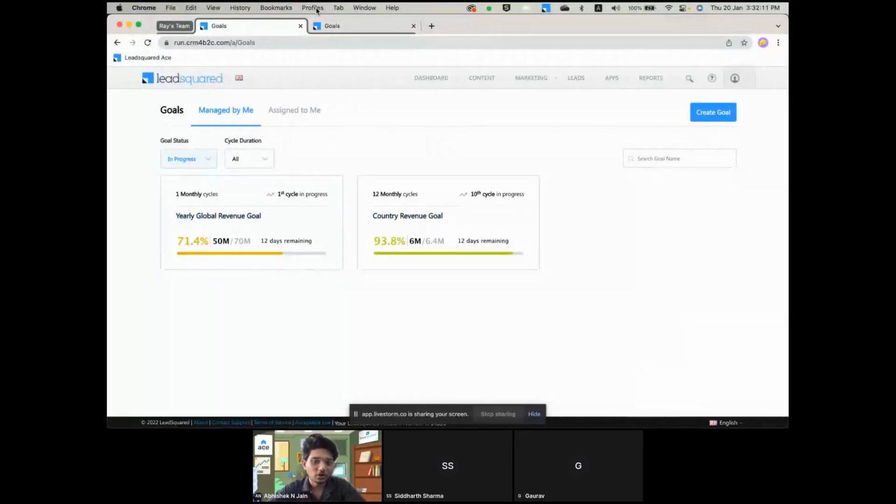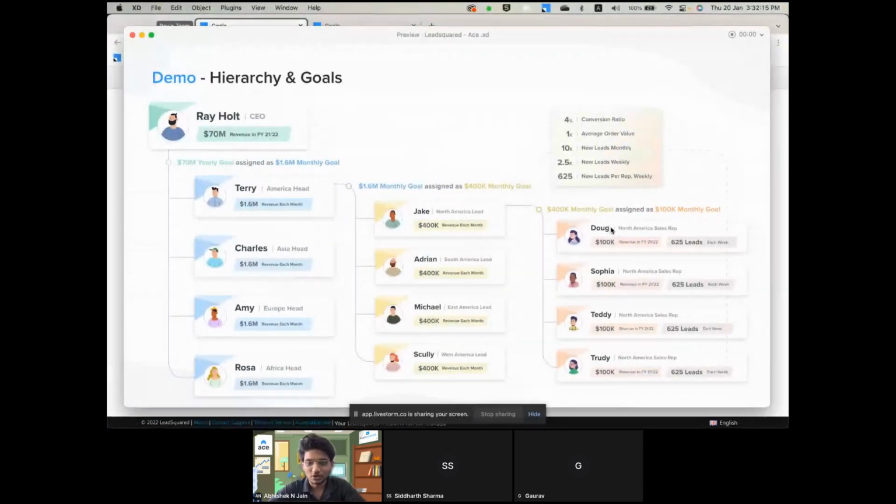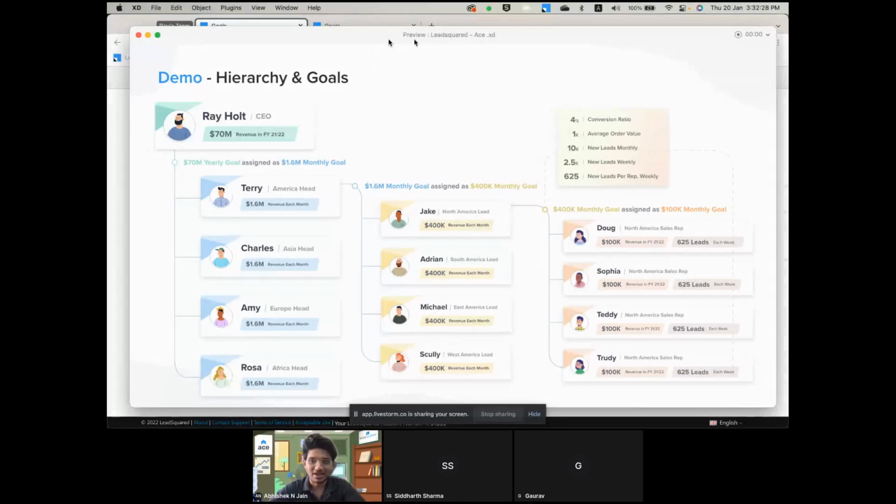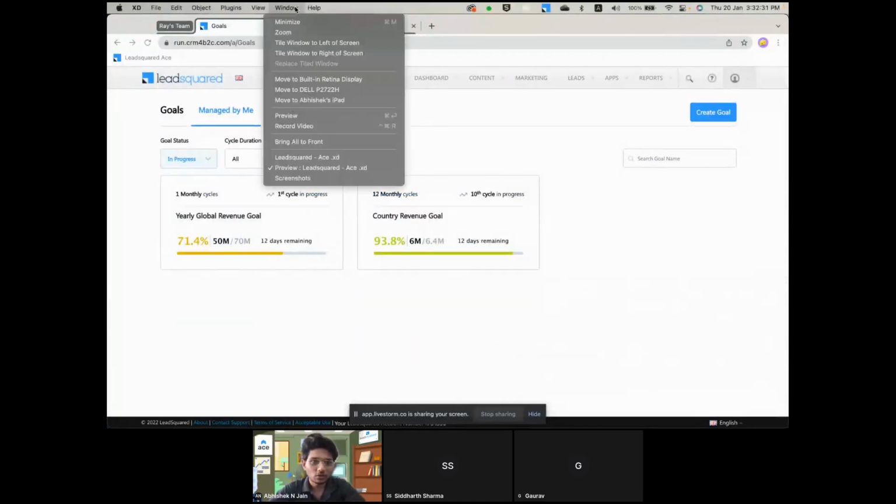What I'm going to do is go to Doug's profile, which is at this level of the organization hierarchy. I'm just going to post $50,000 for each of these folks, which adds up to 200K to Jake, 200K to Terry, and 200K to Ray. That's basically what I'm going to do. So let me go to